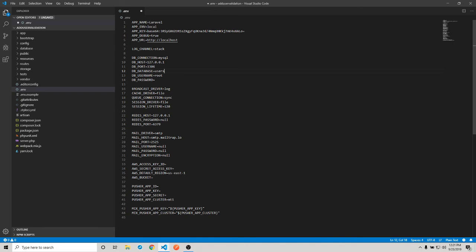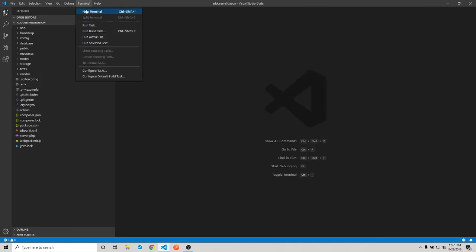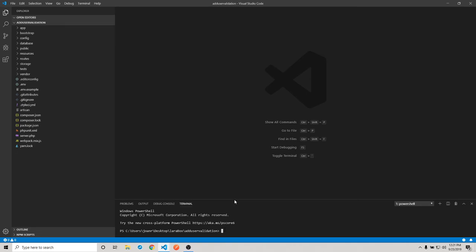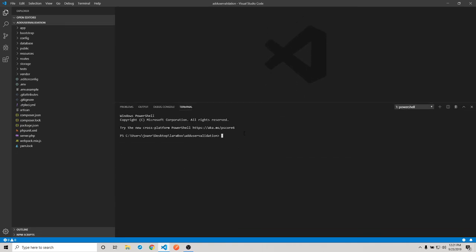Okay, now the username is, okay, the DB username, database username, is root, and no password. Okay, then save that one. So now it's already saved. So the next thing is we're going to the terminal here, as you can see. Then after that, we're going to type PHP artisan serve. All right,